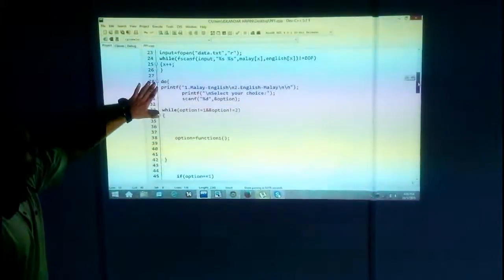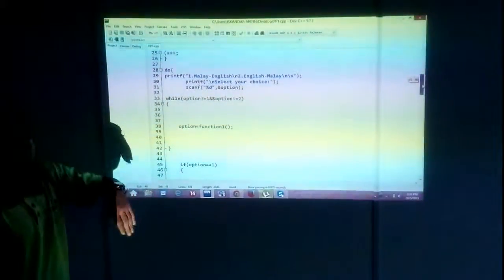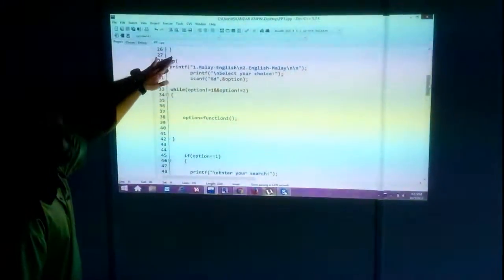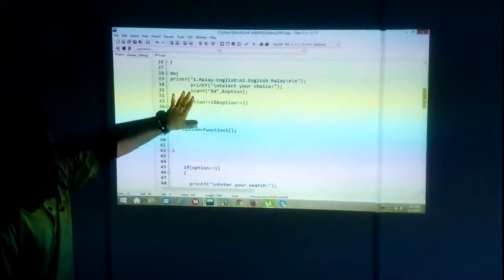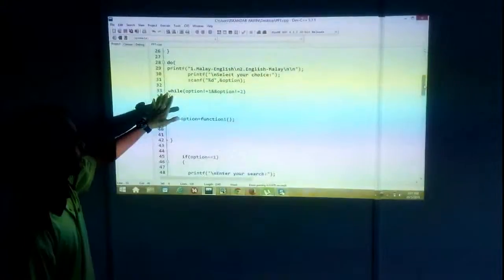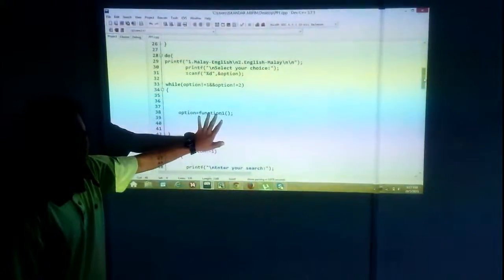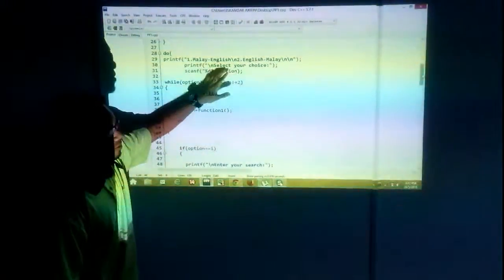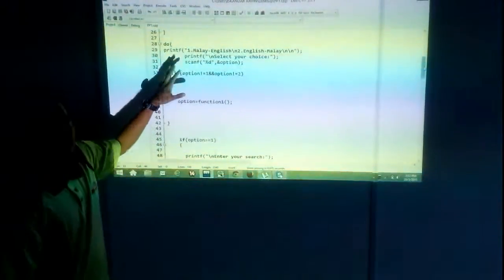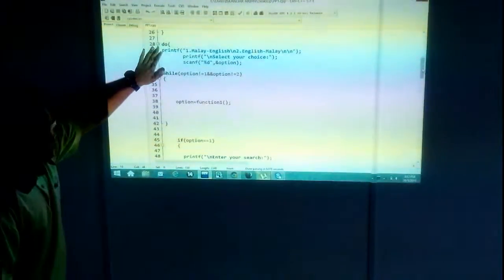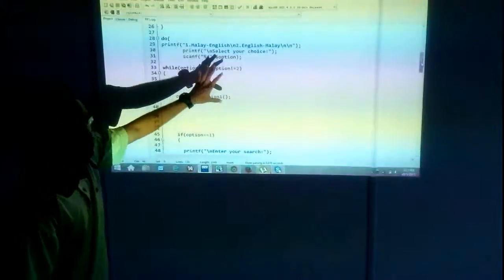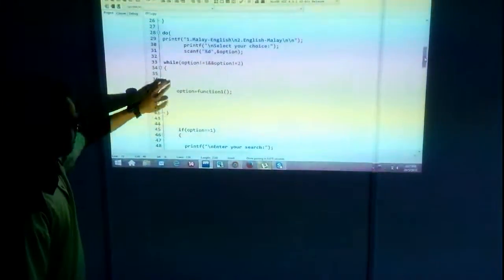The do while is the main function for the loop. When we write a do while, we write a loop, and in this loop it will have many functions, such as if else, selection, while loop, and for loop. So do while is the main loop. It functions for the choice. You can see that